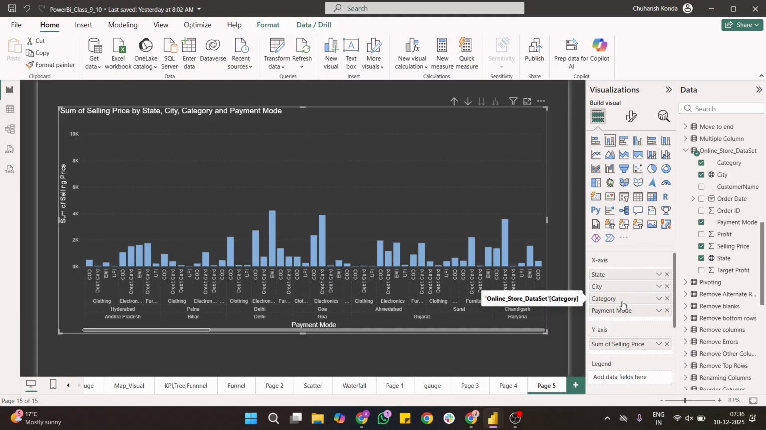Which will come first? State will come first or city will come first? State. Inside state, city will be there. Inside city, stores will be there. Inside that store, selling price will be. Got it? So before going to create this drill down filter, the first most important thing is you need to